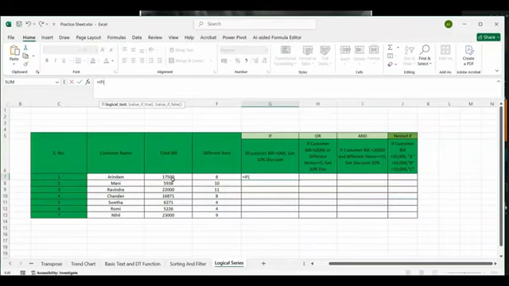This one. So this is the condition we have to put, like if the column E7 is greater than 5,000, then customer will get 10% discount. Okay,